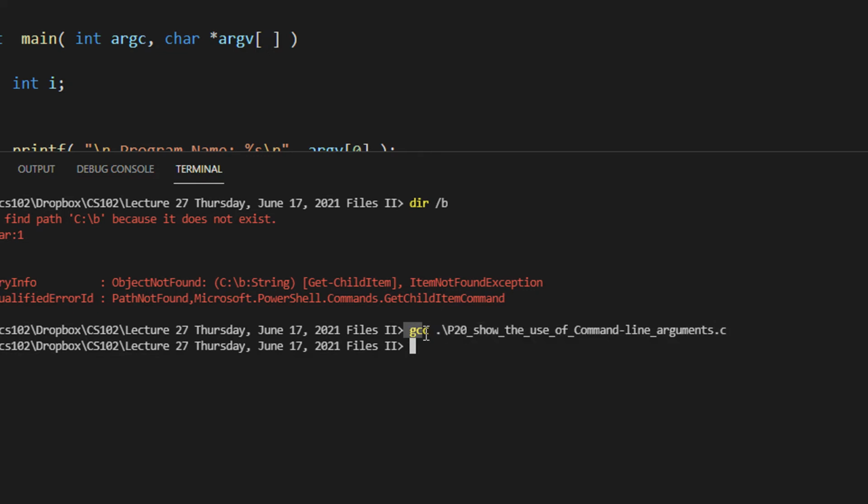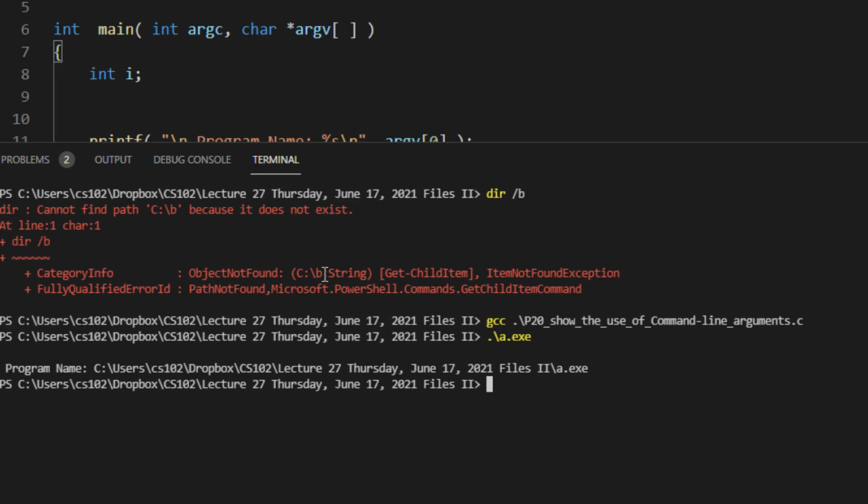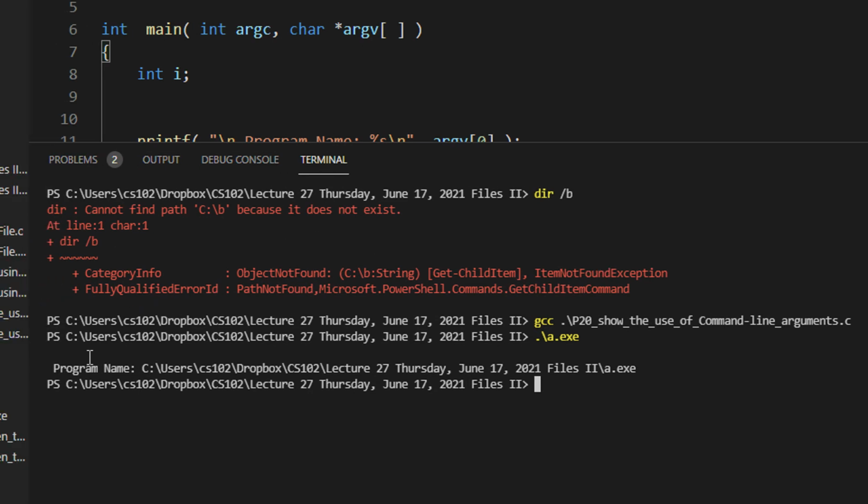So for GCC, this is basically the command line argument that you are specifying. So what will GCC do? It will consume this particular file and produce a.out or a.exe. So in Windows, it is a.exe. So dot slash a.exe. So you can see that the program is executed and giving the output. The program name is a.exe.